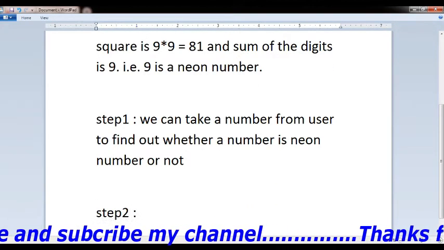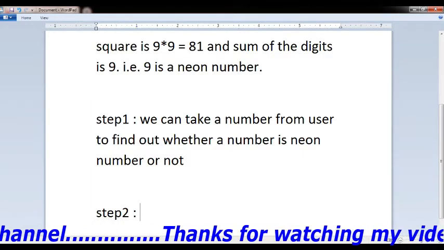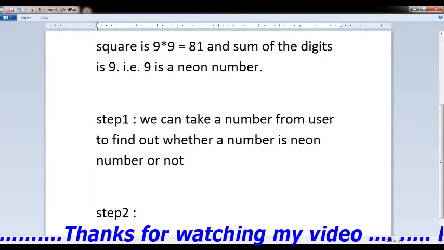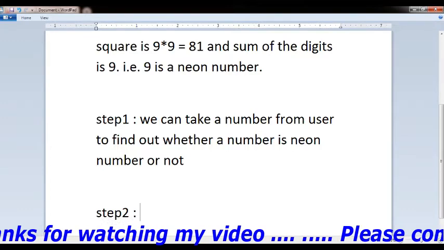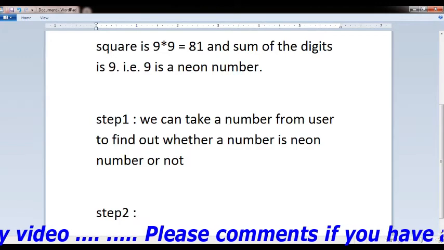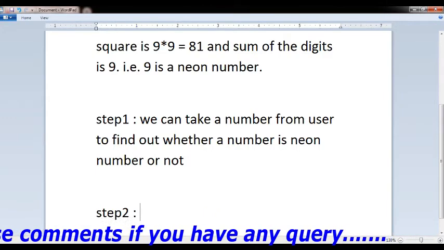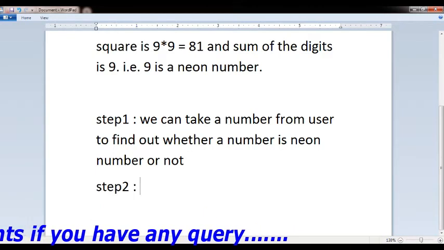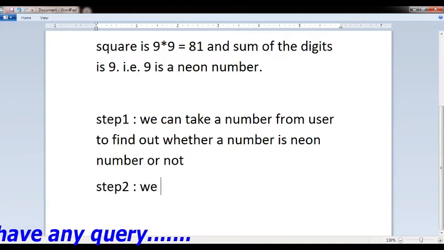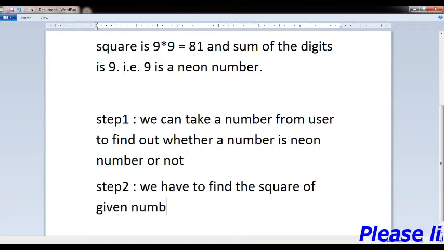So in the first step we take the number as input from the user. You can use any method, a scanner method, console method, or property method, to take the input from the user. In the second step we have to find the square of the given number.